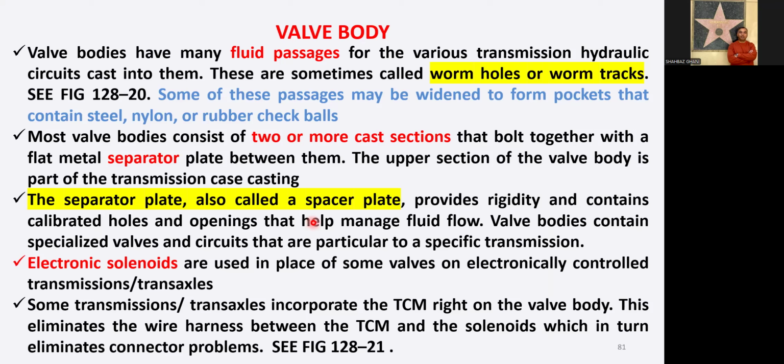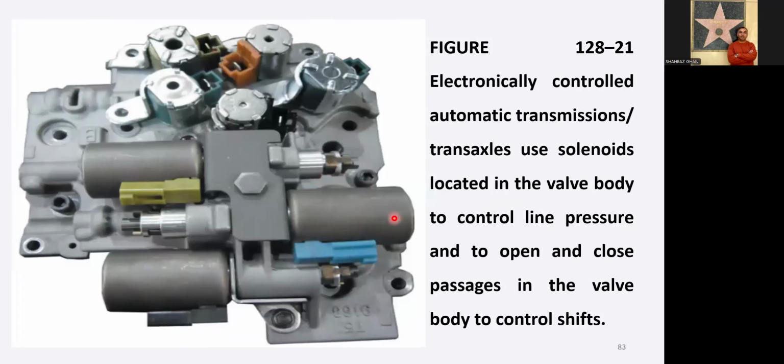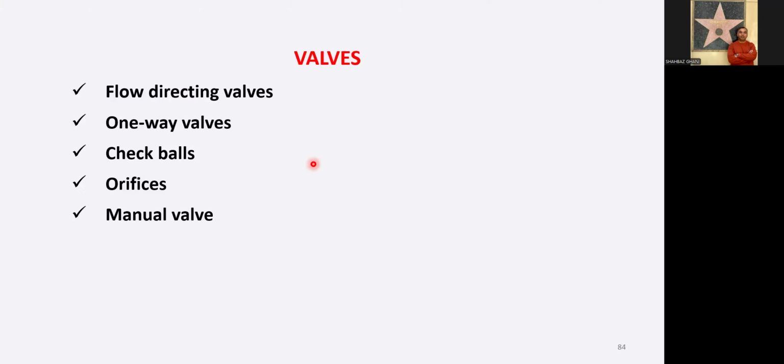we have electronic solenoids which make the valves open and close. This was the typical upper valve body showing the fluid passages, the wormholes. Then we talked about the electronically controlled automatic transmission using solenoids, which are electronically controlled to maintain the line pressure in the valve body. Then the types of valve body: